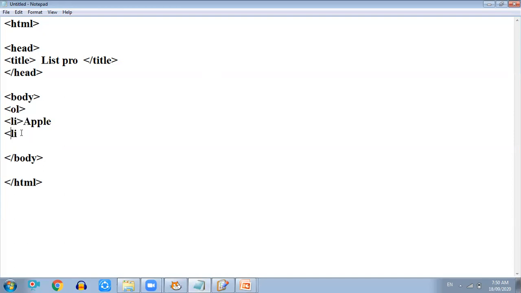Please don't type a slash. So what I'm doing, I'm selecting and copying this one, so next time when we want, we can paste it. Banana. Okay, then we will take one more. Which fruit? Orange. Then you can suggest some other names. Grapes. Okay, so we'll take 4 names.